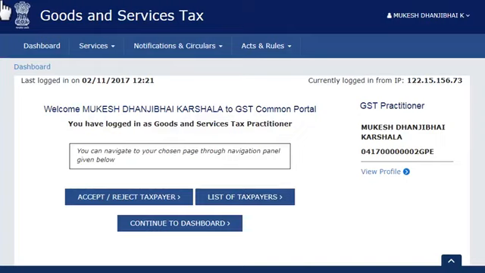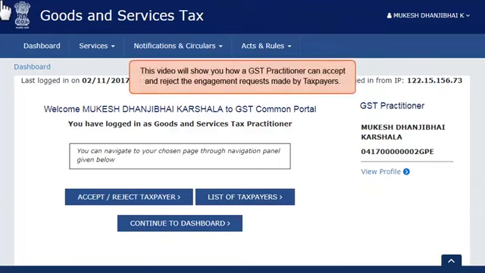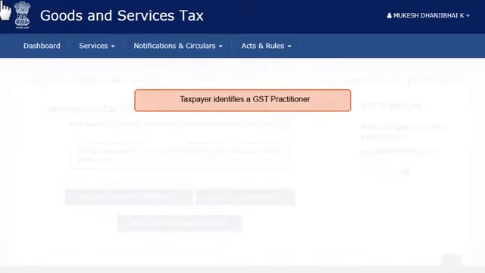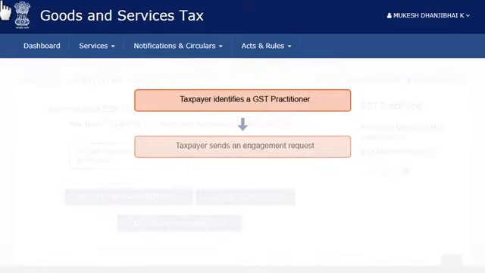Once a GST practitioner gets enrolled with the GST portal, he or she can be engaged by registered taxpayers and perform various GST-related activities for them. This video will show you how a GST practitioner can accept and reject the engagement requests made by taxpayers in GST portal. The process starts when a taxpayer identifies a GST practitioner and sends him an engagement request through the